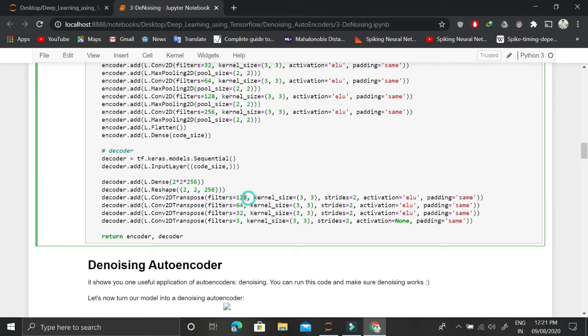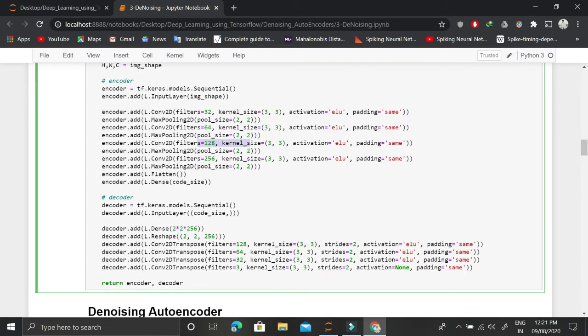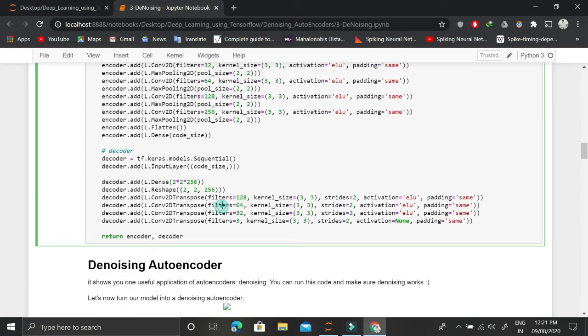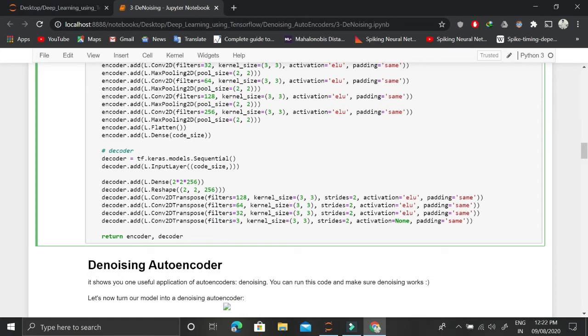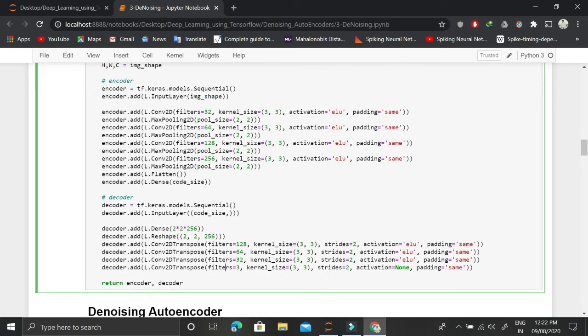Here we are using 128 filters, which is equivalent to the line where we were encoding, and then we use 64 and 32, and finally filters of 3. So this is in accordance with what we have done here. The final filter of 3 is because we are dealing with RGB images, which have 3 channels. So filters are kind of the channels that we are using. Usually we use the ELU activation, not ReLU, for such purposes.